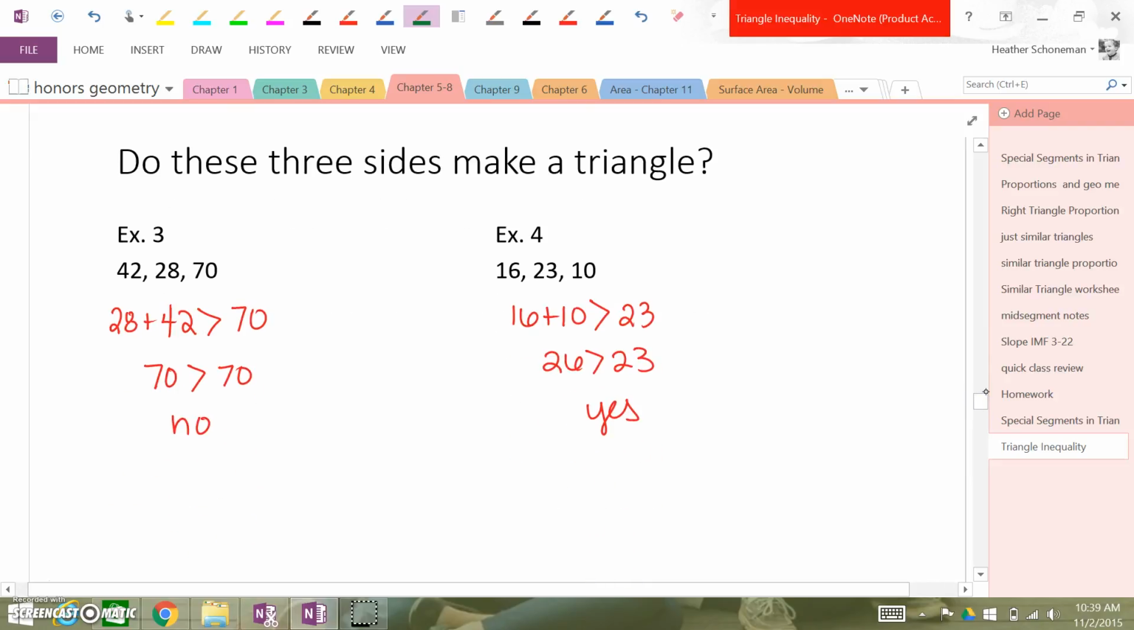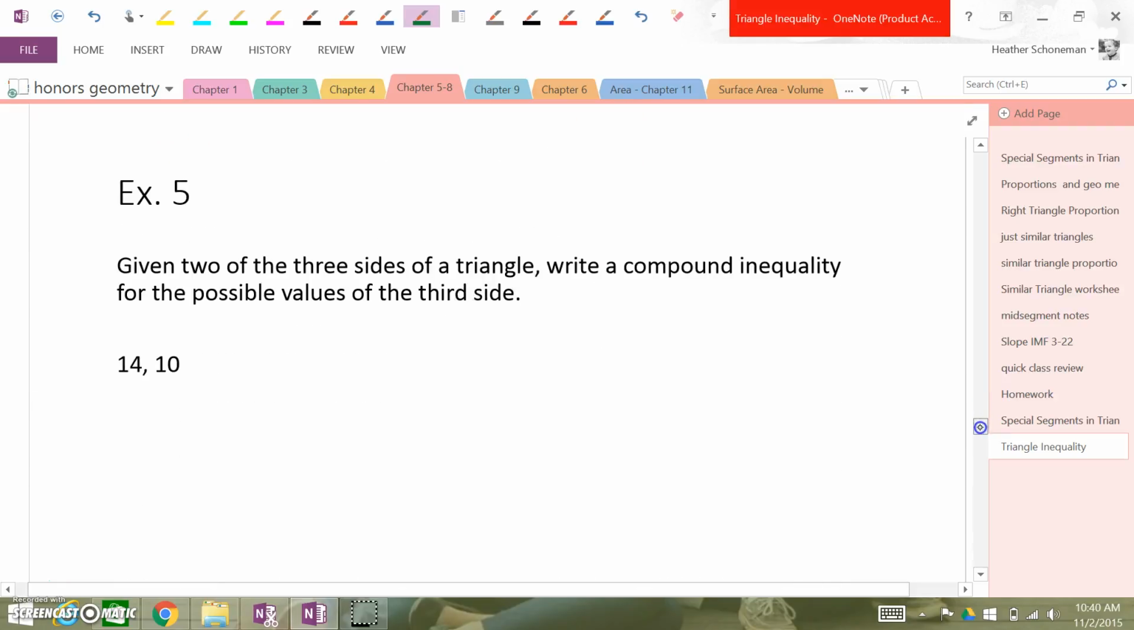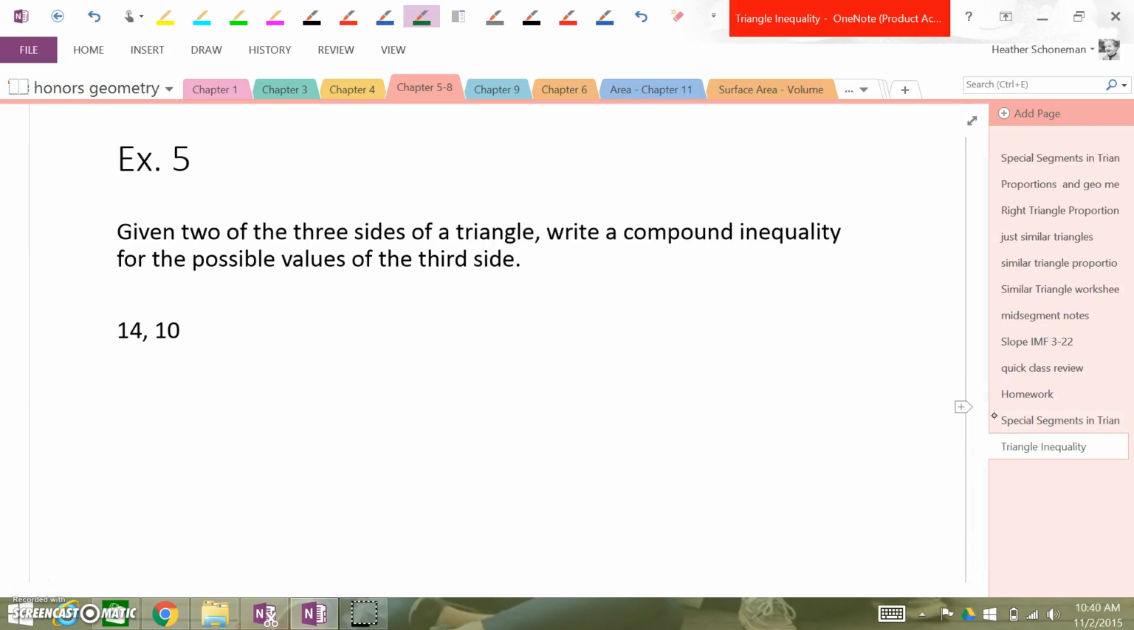Okay, this is what you got. On number 3, you got no because it wasn't greater, it was equal, and 4 is yes. Okay, number 5. Given 2 of the 3 sides of a triangle, write the compound inequality for the possible value